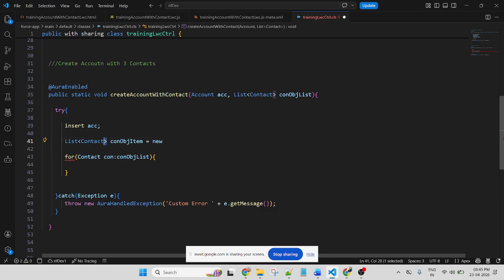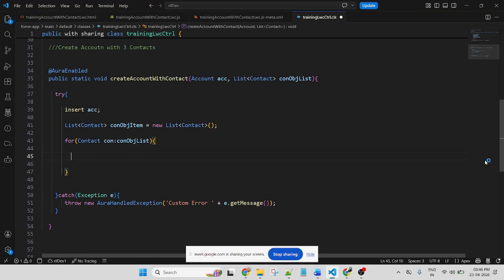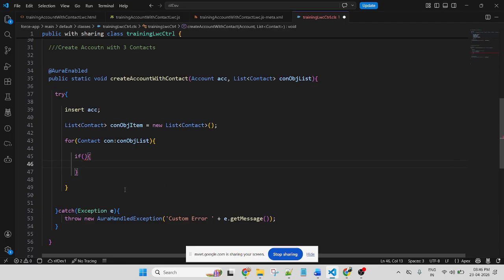New, and here check the condition. If string is not blank, here I am checking last name because last name is mandatory for contact creation.